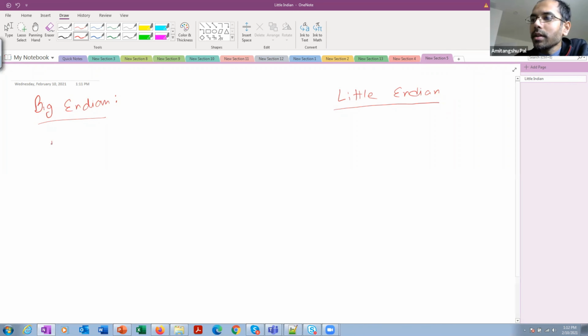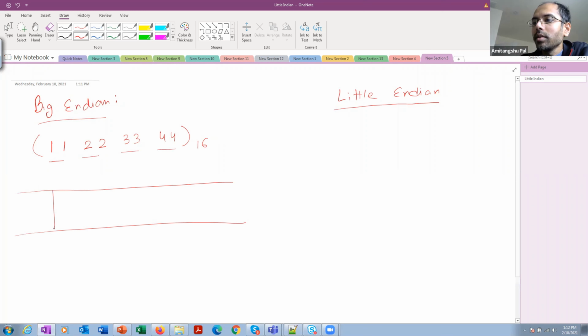Suppose I want to store 11 22 33 44, in hexadecimal notation. This is 4 bytes: the first byte, second byte, third byte and fourth byte. Suppose I want to store this in the memory location.